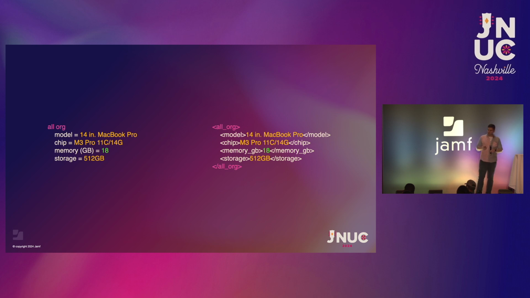Now, if I take this information and I want it in a PLIST, first, there are different kinds of PLISTs. There are binary PLISTs, there are XML PLISTs. They refer to how the actual information is encoded in the file. But if you take a binary encoded PLIST, hit the space bar on it and take a look at it in Quick Look, it's going to show it to you in XML. The Finder assumes you don't know how to read binary PLIST. I don't know how to read binary PLIST. I'm not a computer.